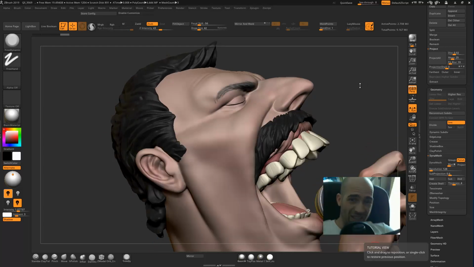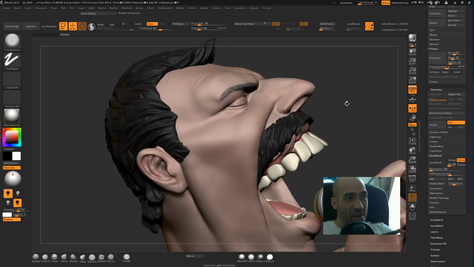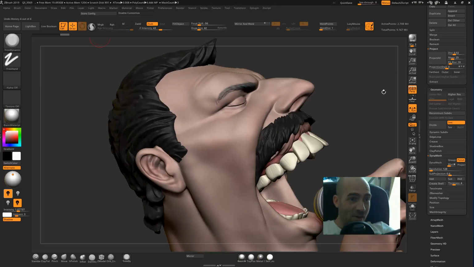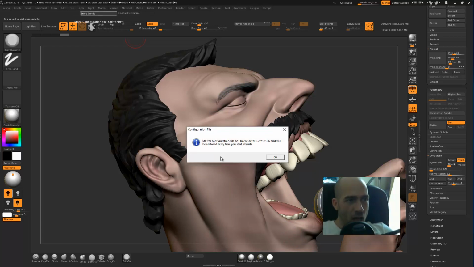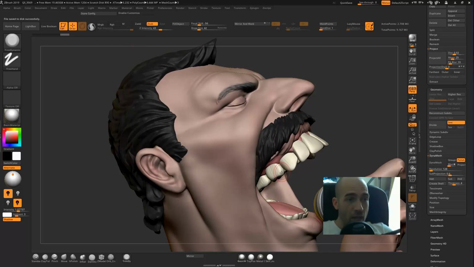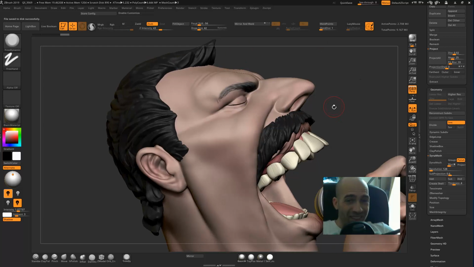And just one last thing I forgot to mention is when you are ready with your interface, you have put all the things, or even if you put some of them, but you want to save it, you just go and press Store Config, and the master configuration file has been saved. Okay, and your shortcuts will be saved, but the